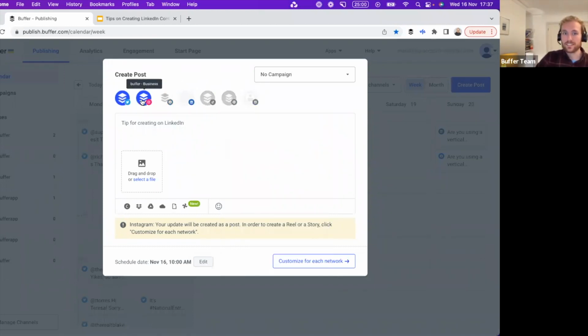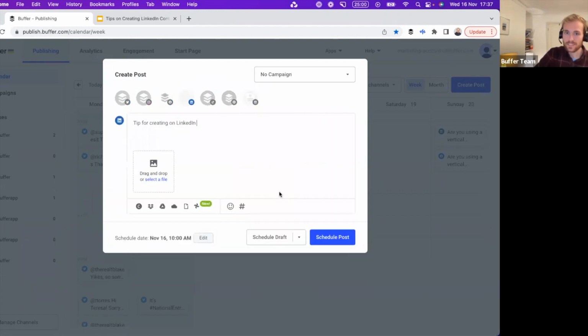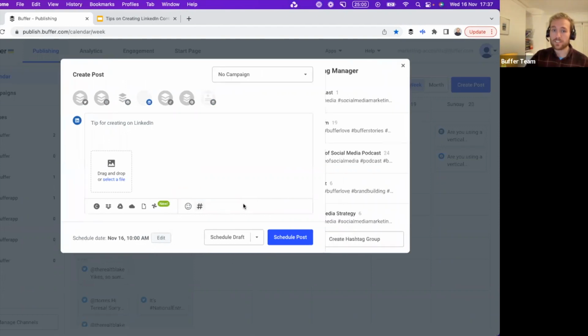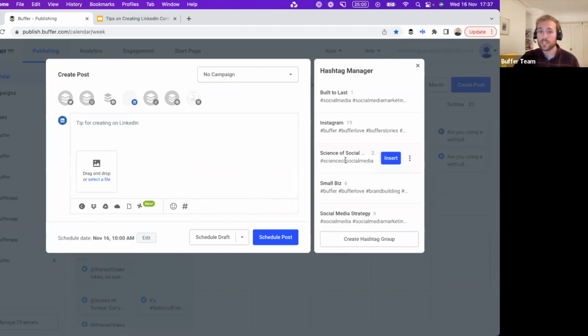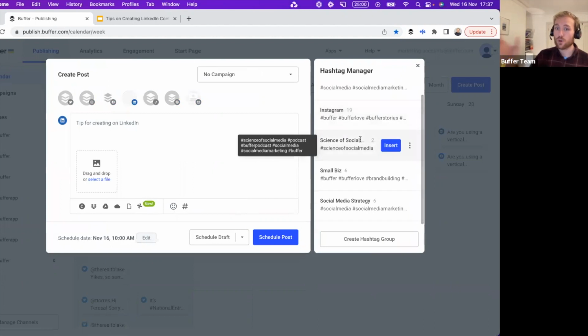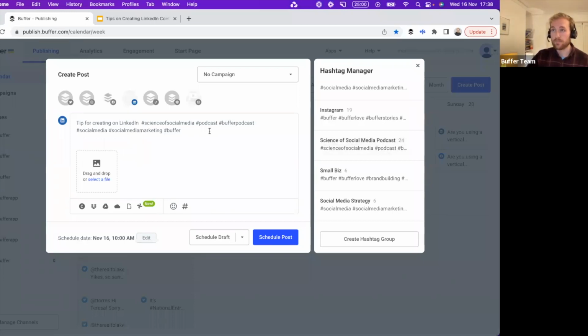Just for the sake of today, let's only post on LinkedIn. And you'll see a few options become available for us when we have the ability to schedule on LinkedIn. One of the ones that I really want to talk to you about today is Hashtag Manager. This is a new feature that we added a few months ago, and it gives you the option to just drop in a few hashtags which are relevant to you. One of the things Xander said earlier is it is really useful to use hashtags to broaden your reach. He suggested between 1 and 3. So for example, if we were doing a post about our podcast, we could drop in a few of the hashtags that we've used for our podcast, maybe remove a couple of them so we've got the sort of magic 3 that we were after.